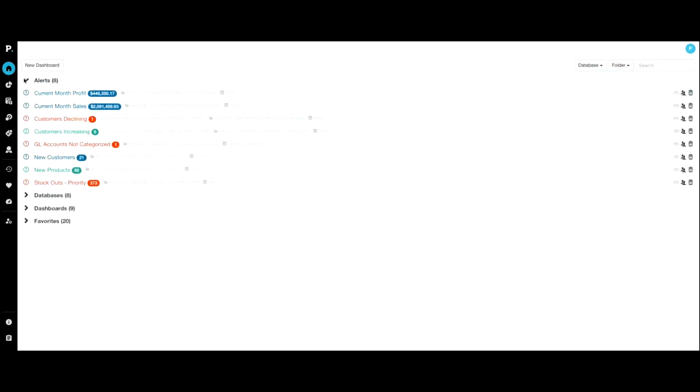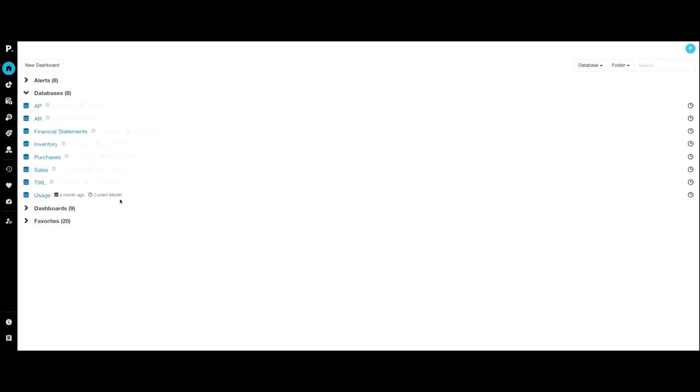And then if I drop this one down, databases. So these are some examples of the databases that you can get right off the bat with an implementation with Action. So we'll start you off with an AP, an AR, inventory, purchases, sales, if you have TWL, and then financial statements. With all of these different databases, you're able to go in and pull elements of each area of your business to create a dashboard, or drill down into each one of these one at a time and save